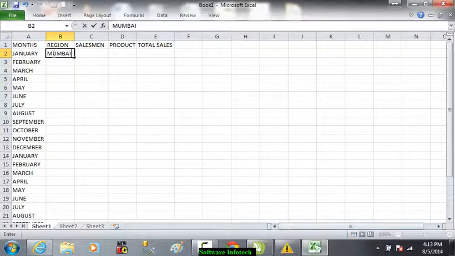Region: Mumbai, Pune, Ajmer we can write.